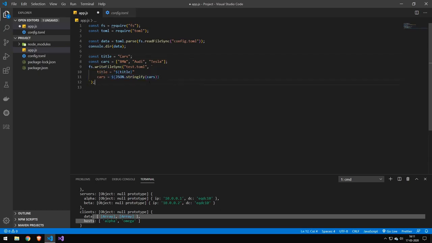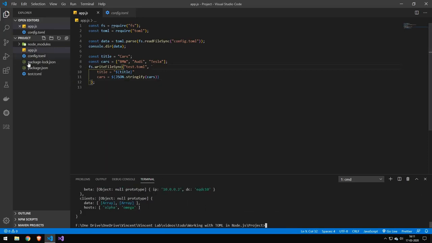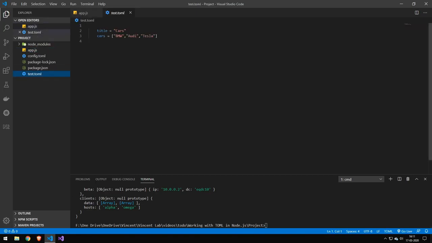And let's try to run this here to see if it works. And you can see that this created a test.toml file. And here we go. We have the title set to cars and our car array set to the different brands